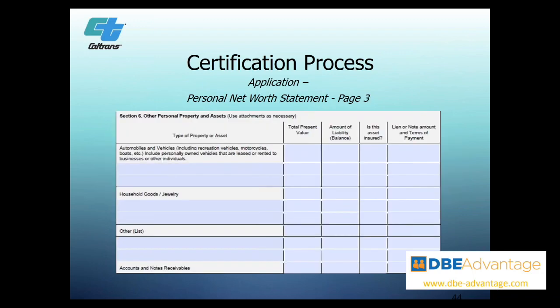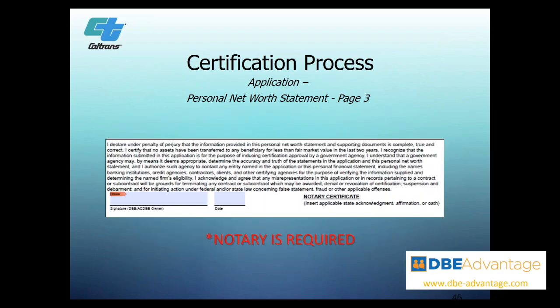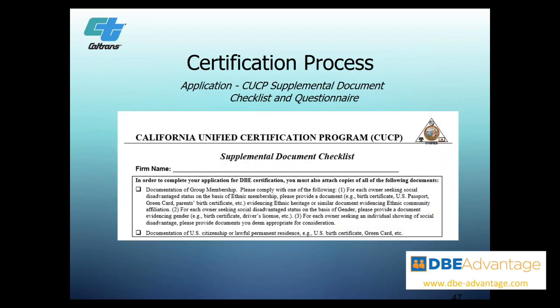Okay, next slide. Here it's a continuation. Life insurance, we don't need to get into these details here, but that's important that you provide that. This is the other personal property, your automobile, your household stuff, anything else. Any investments you have, any other liabilities, unpaid taxes, and so forth. So this is pretty straightforward information. And then you would have to sign it, and as Susan mentioned, this would also need to be notarized.